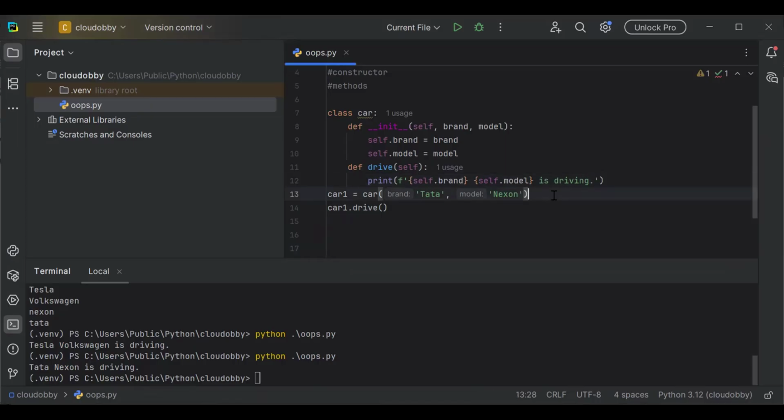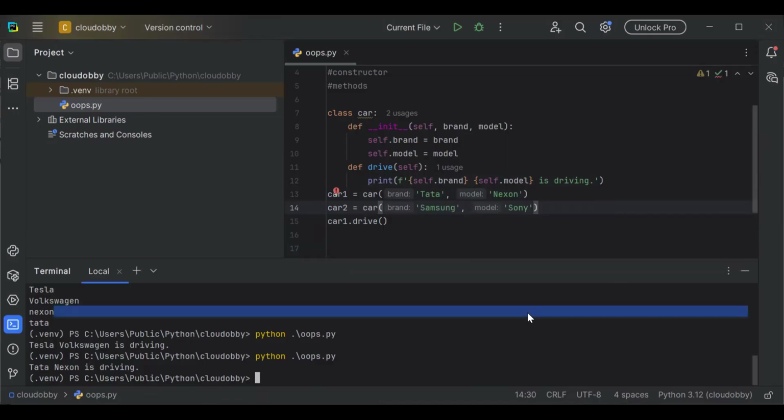Say I'm creating one more object. The second object I'm creating: brand is Samsung, model is Sony. Any example is fine. Let me do car2.drive. So when I give car2.drive,